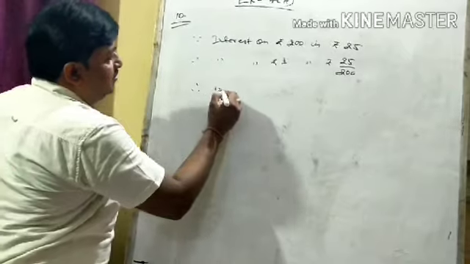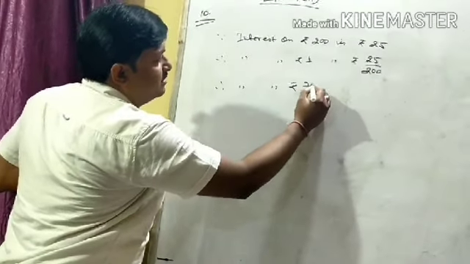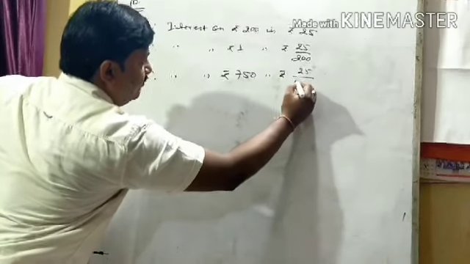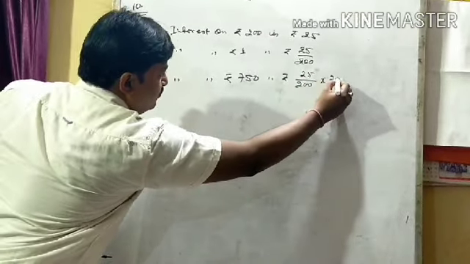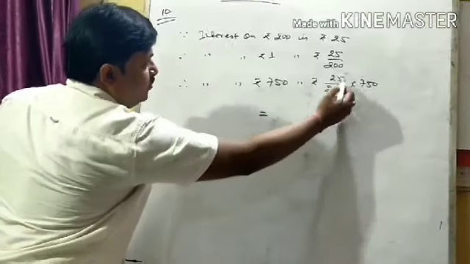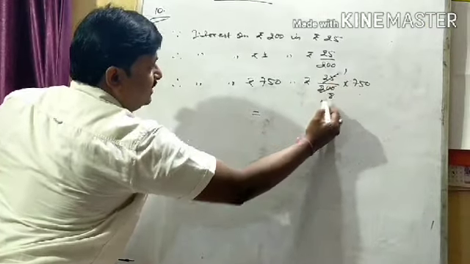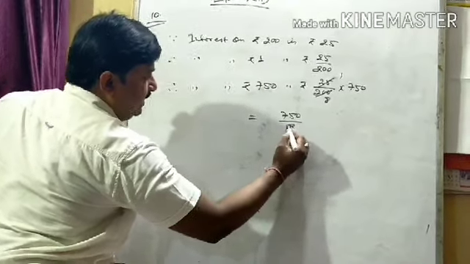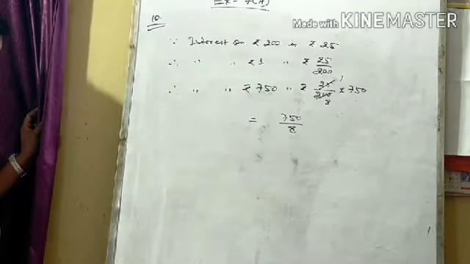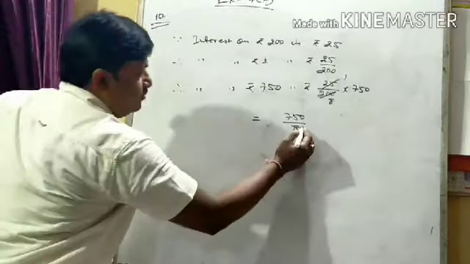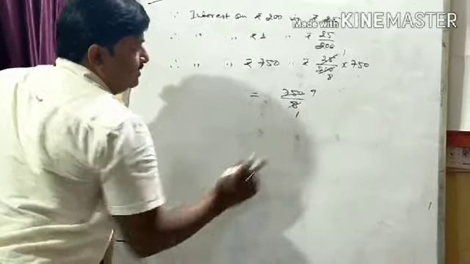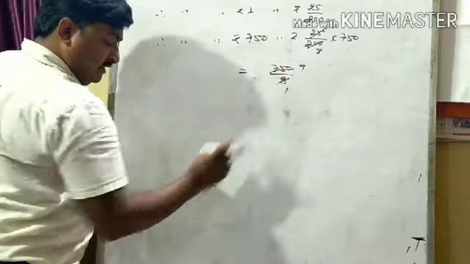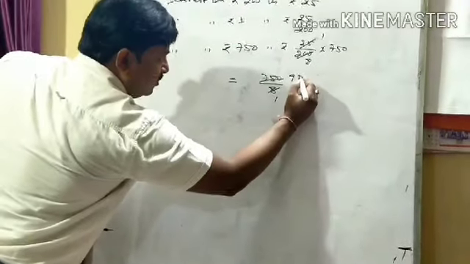Therefore, interest on rupees 750 will be rupees 25 by 200 into 750. So 25 1s are 25, 25 8s are 200. It is 750 by 8. 750 by 8. So 8 1s are 8, 8 9s are 72,